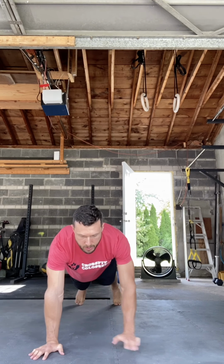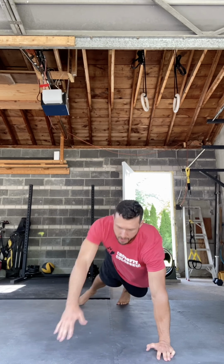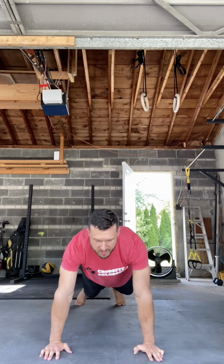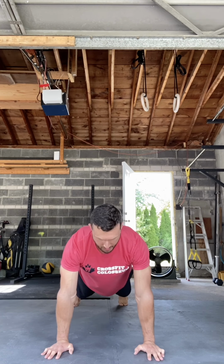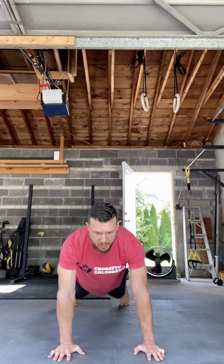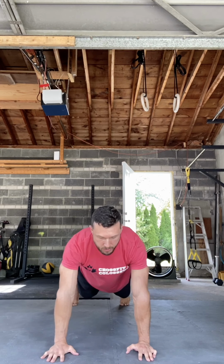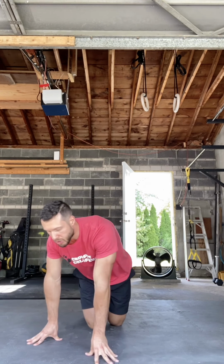Here's a front view. Okay, what you don't want to do in this position is sway. Okay, that's not the purpose of this movement. You want to stay as still as possible and then focus on tapping that shoulder, using our core to stay as still as possible. Okay, so that's 5 taps per shoulder, 10 in total, and then we finish each round